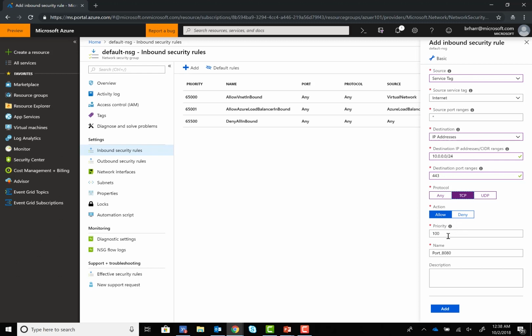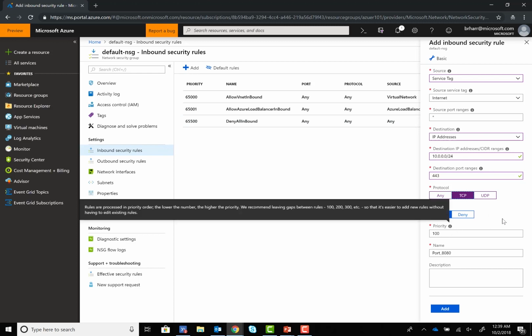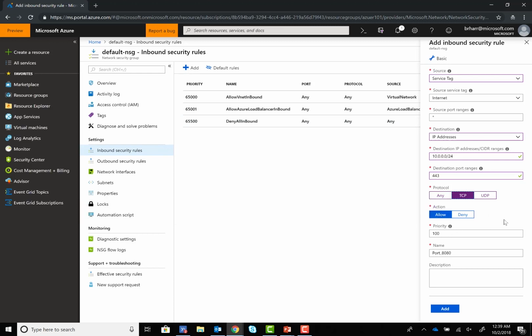Now, by me specifying a priority number of 100, even though all inbound traffic has been denied via the default security rule here, I am now giving something a higher priority and saying open up for this particular port. So this one will absolutely take control. However, I'm only opening port 443, therefore the rest of the ports in the range will absolutely be denied because of that default rule. And I'll show that to you in a second